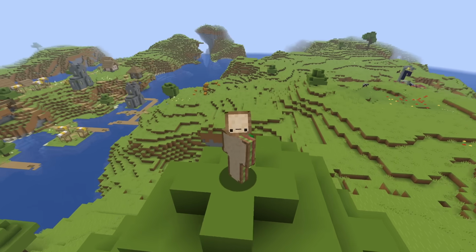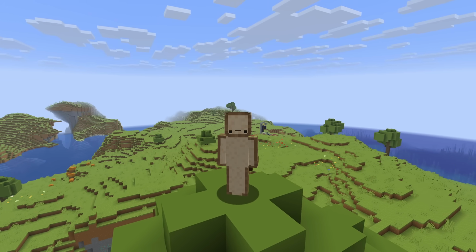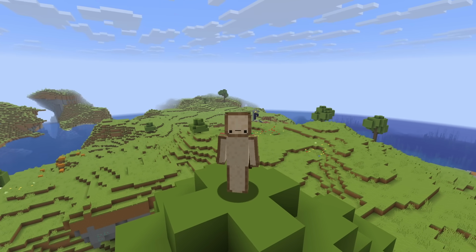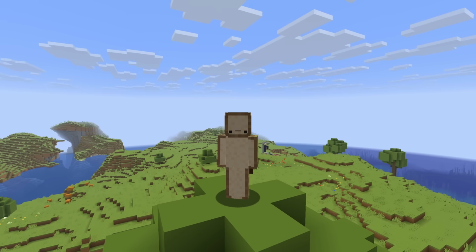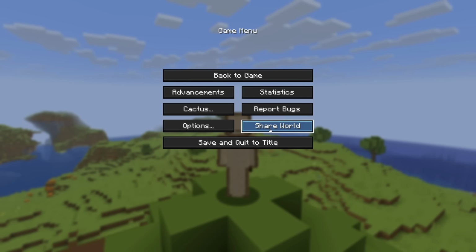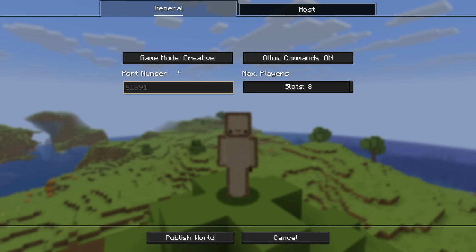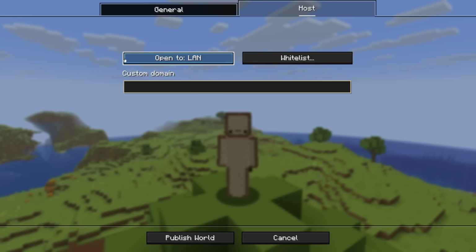can share it. Now the last feature I want to have a look at today is the share worlds feature, which essentially is E4MC built into the Cactus mod. So when in this single player world I click on escape and I then go to share world, we're here able to open either to LAN, which is cool, but we can also simply host our world from here. So when I go to host, there's here an option to open to LAN, but I can also change this to open to public. You can see it autofills a domain for us,